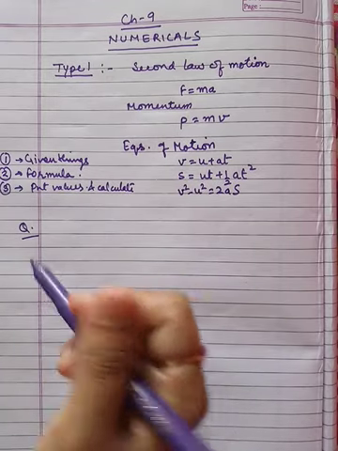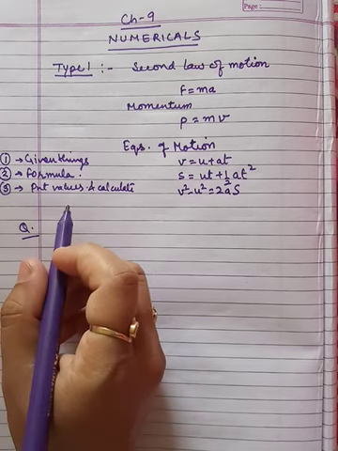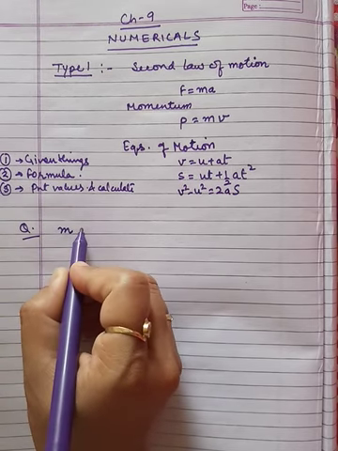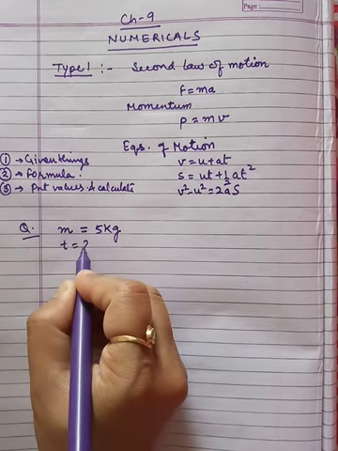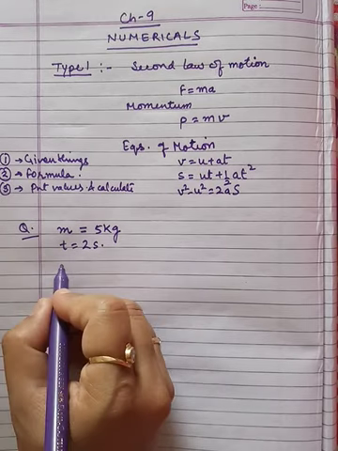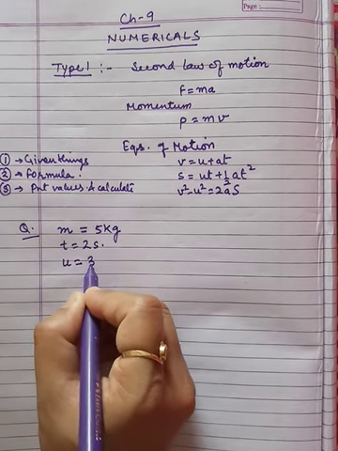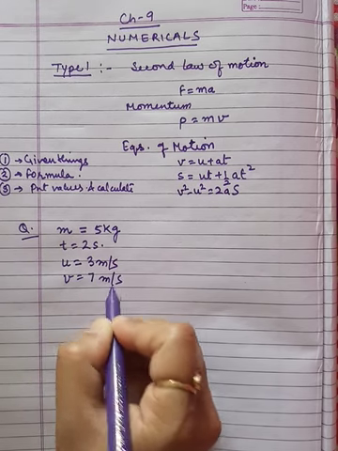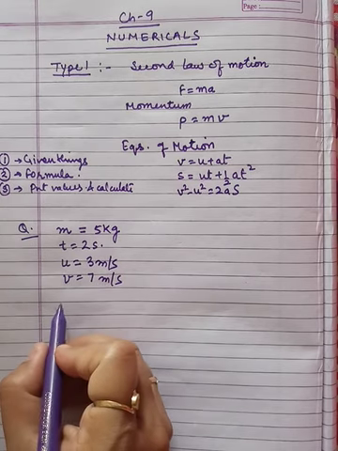So according to the first step, we will write down what are the things given in this question that I have read just before. Mass is given, which is m, that is 5 kg of an object. Time is given for 2 seconds, and it increases the velocity from 3 to 7, it is saying. So that means, what is the initial velocity? That is u equal to 3 meter per second. What is the final velocity? That means v equal to 7 meter per second. Now we have to find out the magnitude of force.